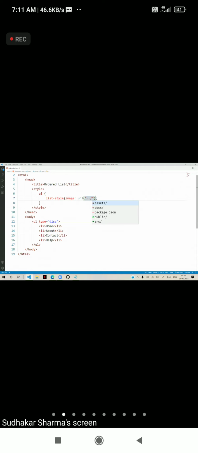It gets from assets. In that, star.png, that is the image. Already you know the meaning of ..: it exits the current directory and goes to the previous level.